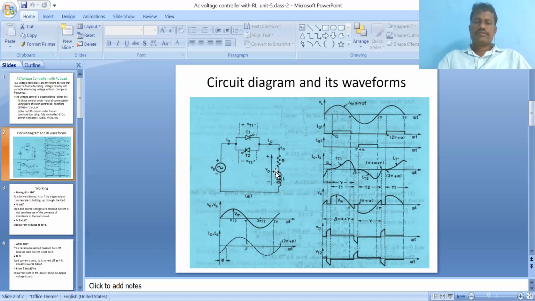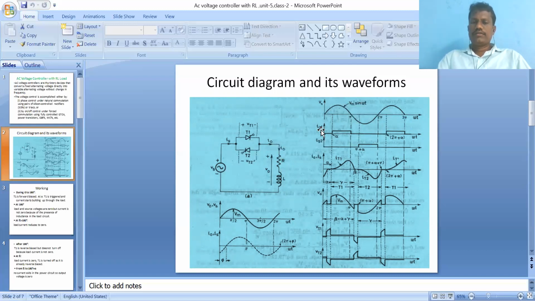Okay, let us take the first one. It is the circuit diagram. Vs positive is connected in series to the two anti-parallel thyristors, and this combination is connected to the supply and again in series with the RL load. This is the diagram and these are the waveforms. The first waveform shows the supply voltage Vs equals Vm sin omega t, where Vm is the maximum value, with pi, 2 pi, 3 pi marked. Then IG1 is the gate current of the first thyristor and IG2 is the gate current of the second thyristor.